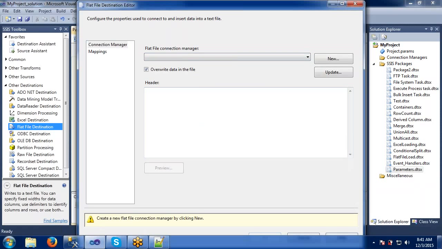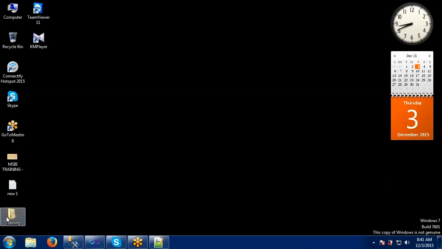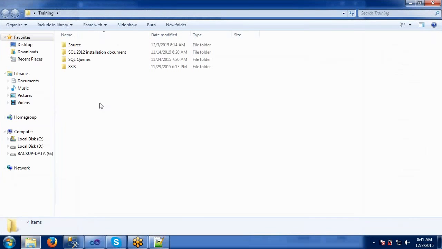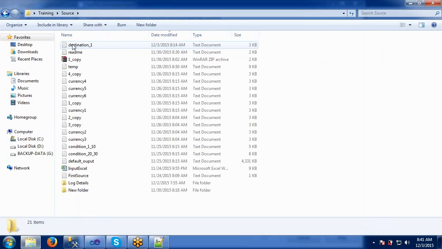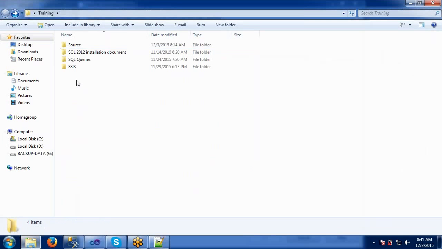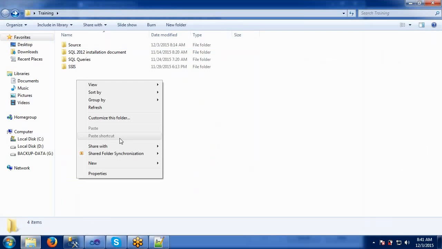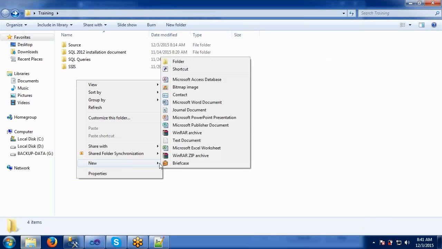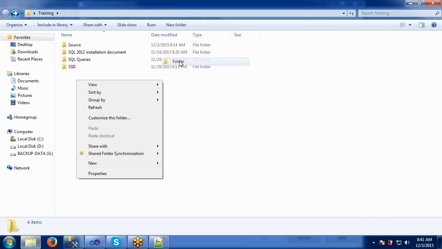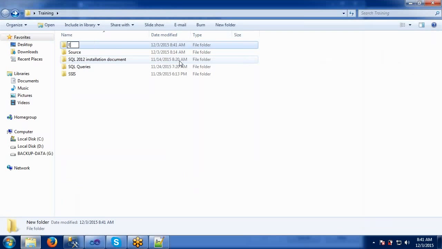Before this, let's create the environments here. In the training, we have the source table and all these things. So what I want to do here is, in the source tab, I would like to create some folders, an environment folder, just for understanding's sake.